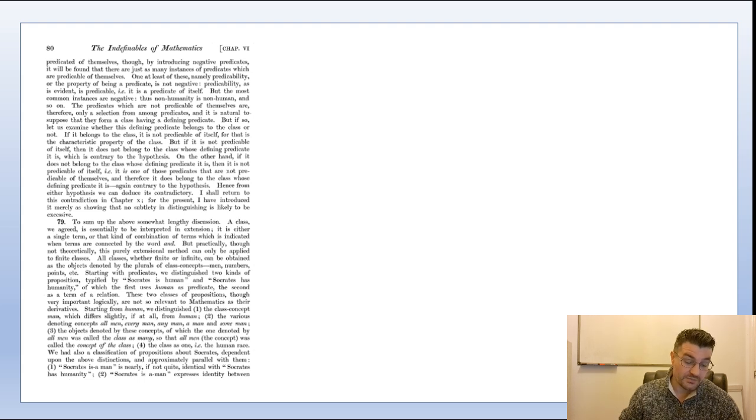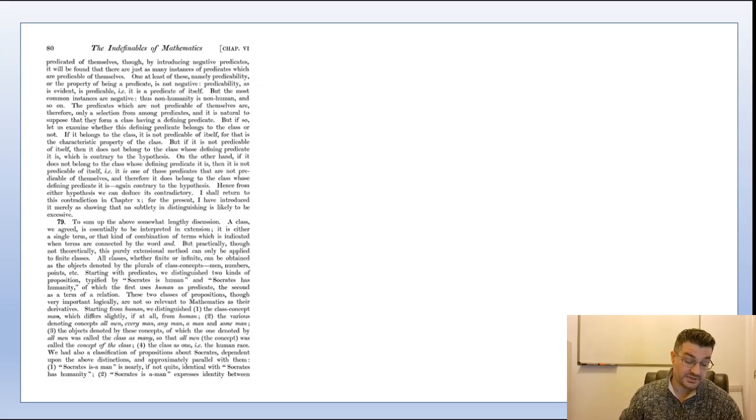3, Socrates is one among men, a proposition which raises difficulties owing to the plurality of men. And 4, Socrates belongs to the human race, which alone expresses a relation of an individual to its class, and as the possibility of relation requires, takes the class as one, not as many. So that's the epsilon relation. We agreed that the null class which has no terms is a fiction, though there are null class concepts.